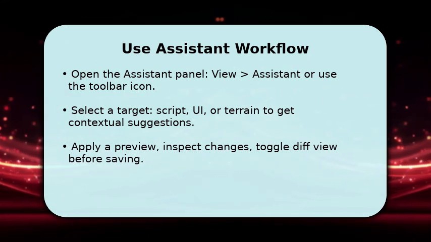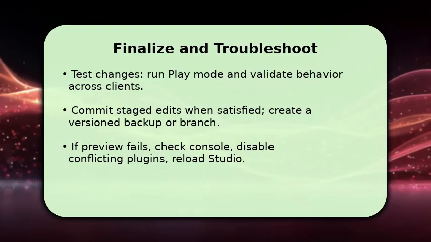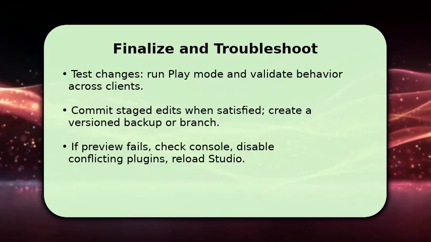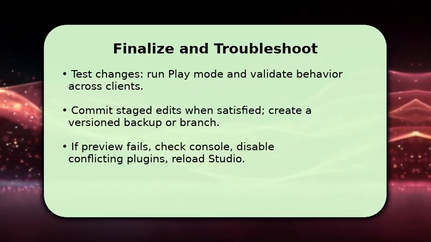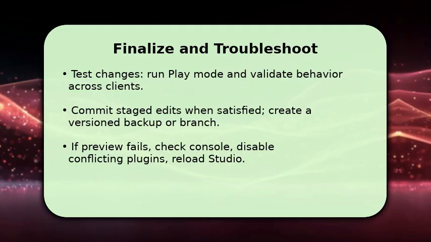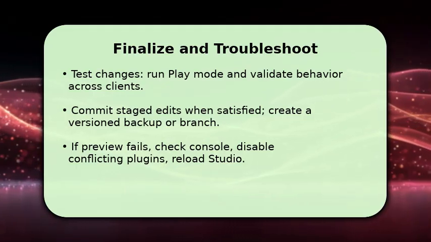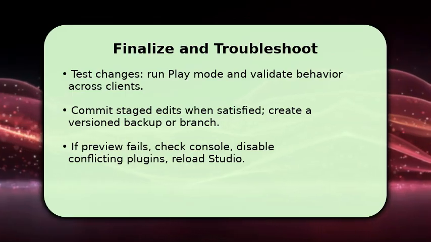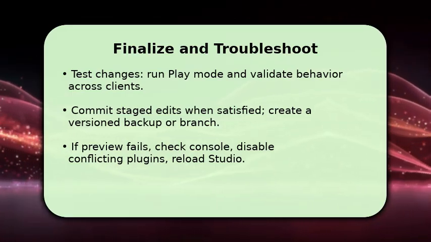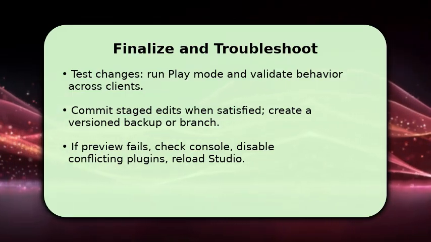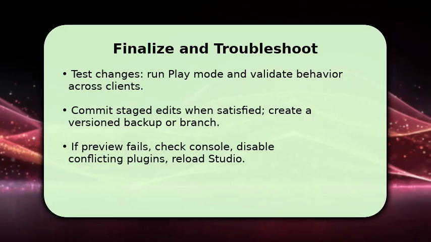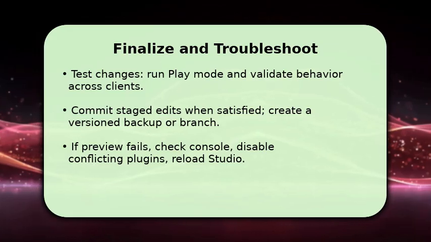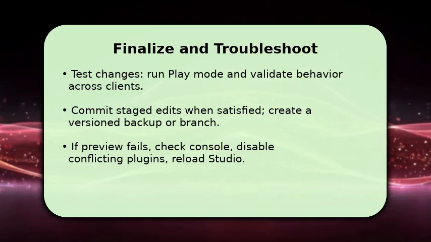Finish by validating and committing only after testing. Run play mode, test multiplayer behavior, then commit staged edits and create a version backup or branch for rollback. If something goes wrong, check the output and developer console for errors, then reload Studio. Often conflicts come from other plugins. Disable them and retry. If the assistant preview doesn't render, confirm beta features remain enabled and update Studio. These steps ensure safe deployment and let you recover quickly if a preview